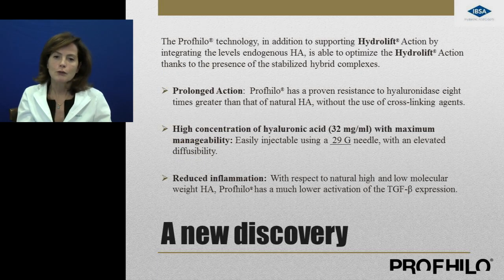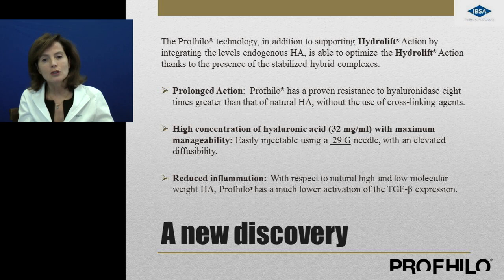Now, given the limitations of traditional biostimulation, we will look at the technology of this new product, Profhilo, which allows us to obtain a greater permanence of endogenous hyaluronic acid in the dermal layer while maximizing the action of the hyaluronic acid itself. This is due to a prolonged action over time,